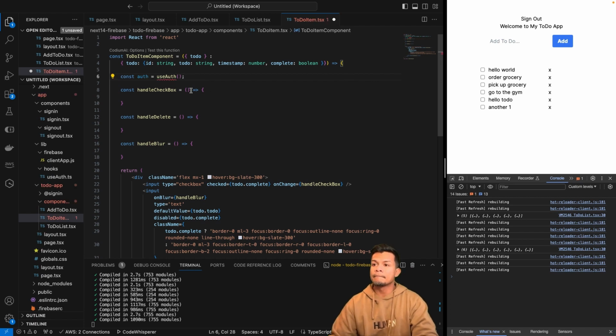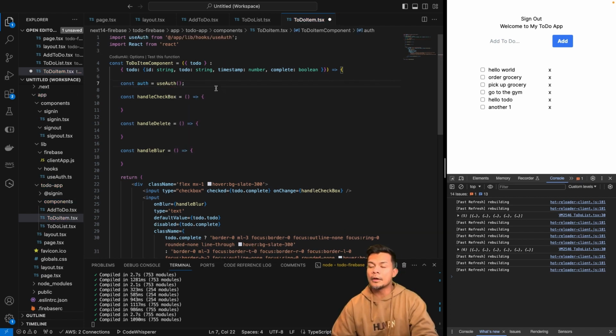Okay, so we're going to need that import, useAuth, because if you remember, the reference for our document collection in Firestore requires the UID of the user. So we definitely need to use auth. All right, so next thing is when we handle the checkbox, it's actually an event handler, so